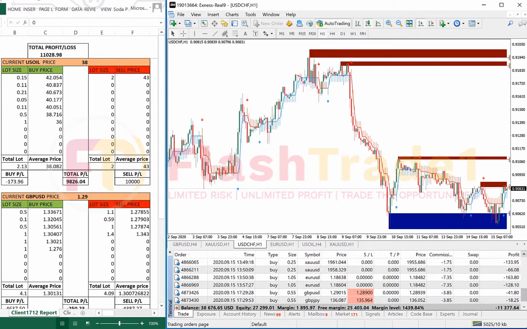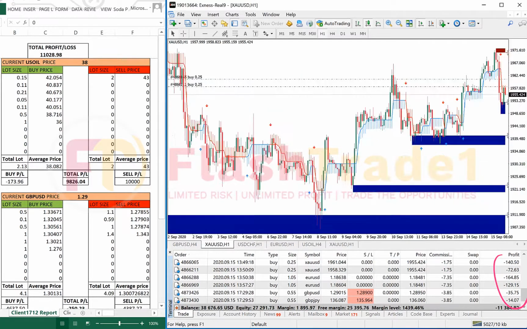Just a moment, we'll open a XAUSD and Euro USD chart, and we will show you what could be done to reduce this more than $1,000 loss, as here around $1,000 loss is there. So we'll open the XAUSD chart, and we'll see that he has taken the buy position, but as per